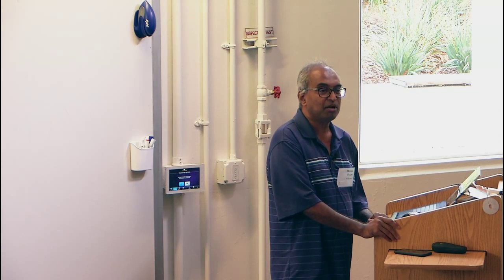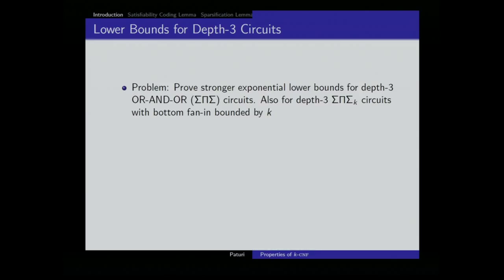My foray into satisfiability algorithms is motivated by depth 3 circuit lower bounds. This is post Håstad's lemma, where one has proved very strong exponential time lower bounds for the parity function for constant depth AC0 circuits. The goal here is to prove even stronger lower bounds. That's a technical goal, and I will show you how it is motivated by other more sophisticated circuit models.